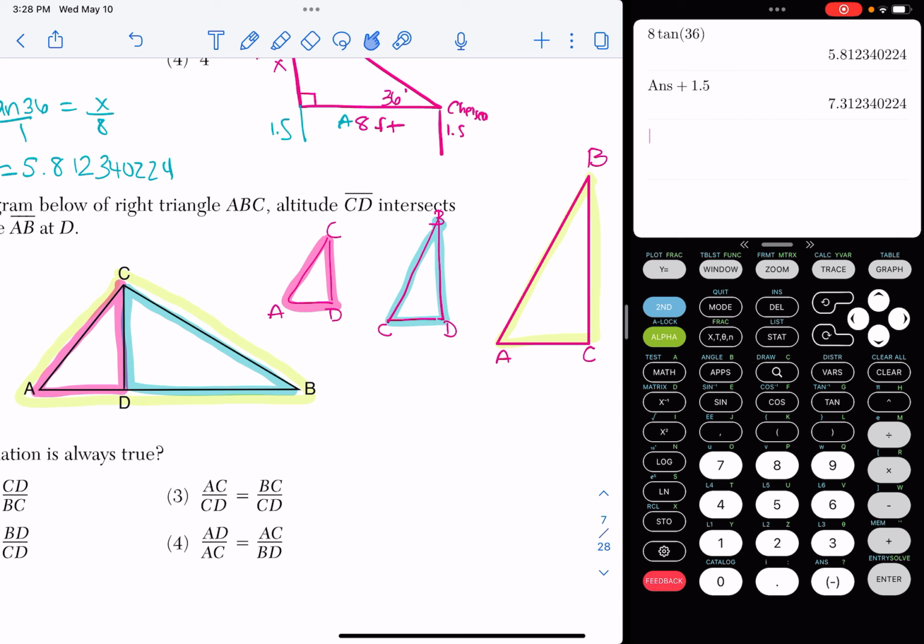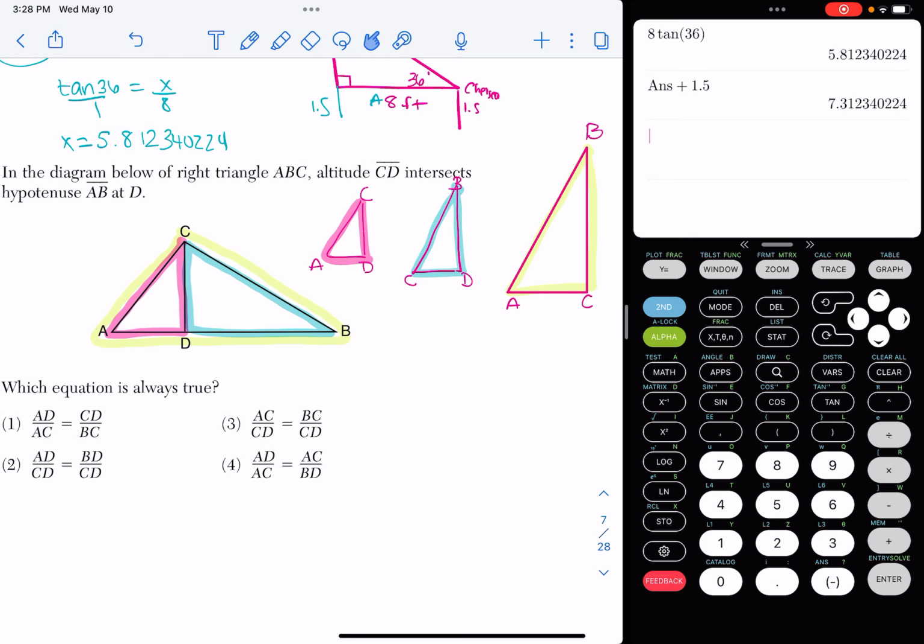So what that means is the corresponding sides are proportional. That's why all of our answer choices have to do with proportions. So we have to see which one correctly matches up corresponding sides. So choice 1, AD to AC. So let's look at my picture here, AD to AC, CD to BC. That's the same pattern, so that one works, and I think this answer is going to be choice 1, but